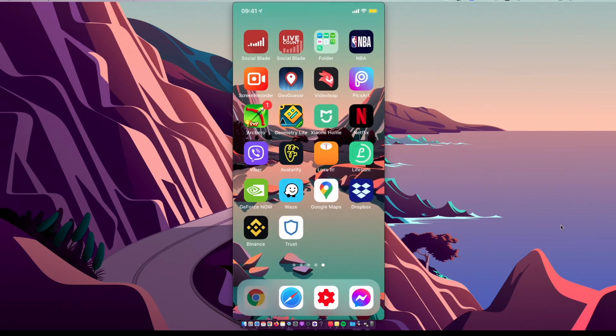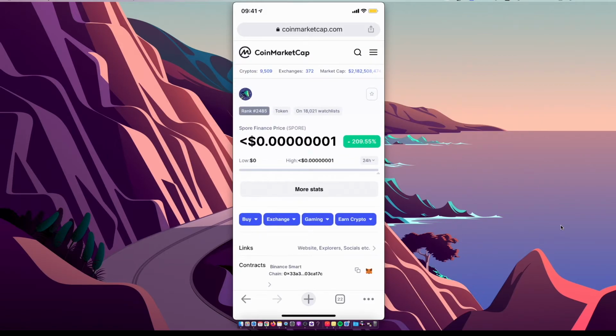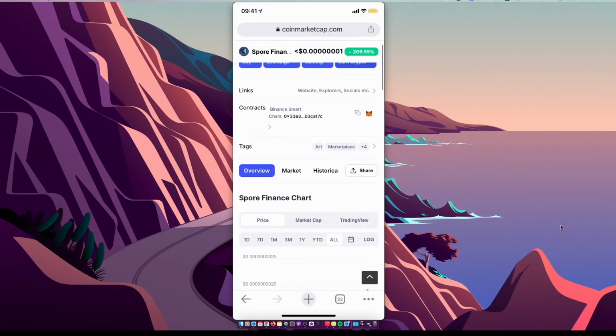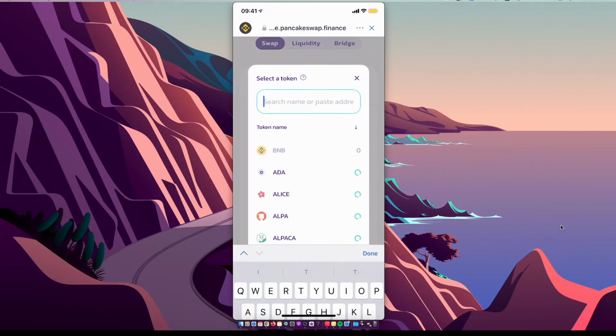So you need to go back on Explorer, go to coinmarketcap.com, and then select the search bar, look for Spore Finance, and then on the contract, as you can see here, there's Binance Smart Chain. Just copy this address, go back on Trust Wallet, press select currency, paste that code here,